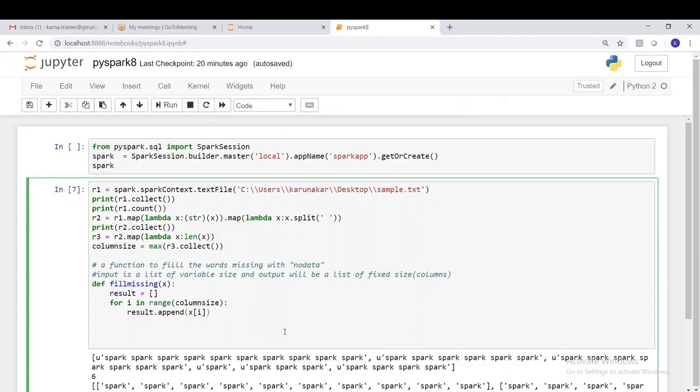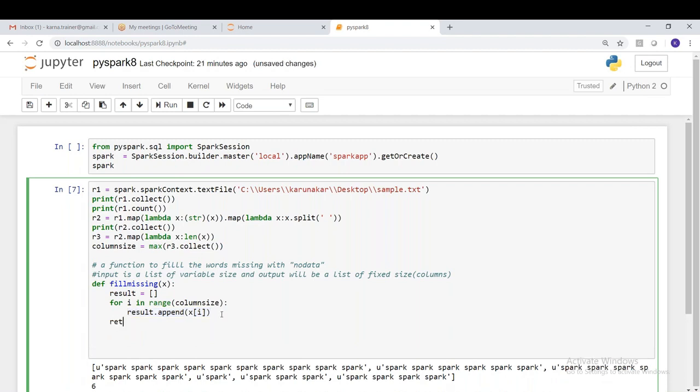Now see this, guys. For i in range column size, that means range of 10, isn't it? The loop is going to iterate 10 times, and we are trying to append to the empty list result with x of i, in the sense the value of x at that position. But do you think this result.append operation will work every time? If the number of elements in X is 10, that works. If the number of elements in X is not 10, then what is going to happen?